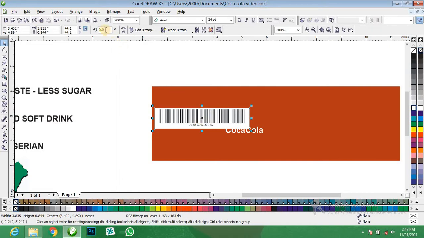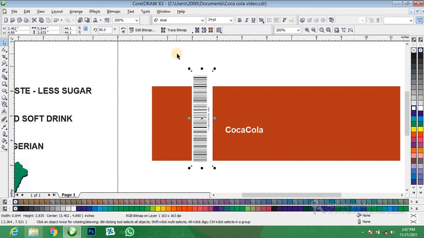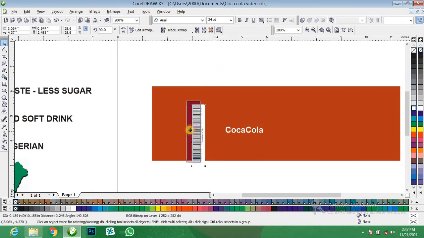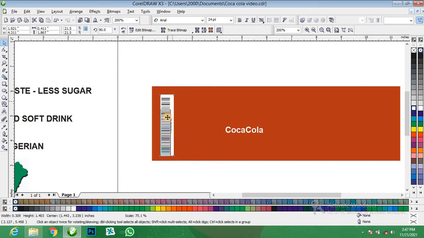Over here, come over to this angle of rotation. Let's write 90. 90°. You click enter. You see what happened. Let's reduce the size here. Let's keep it over here. Reduce this.